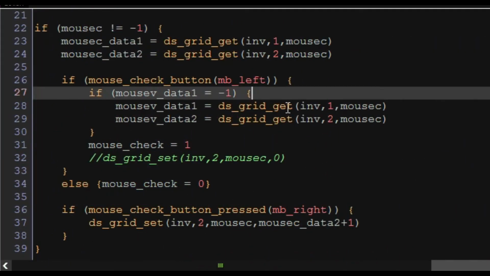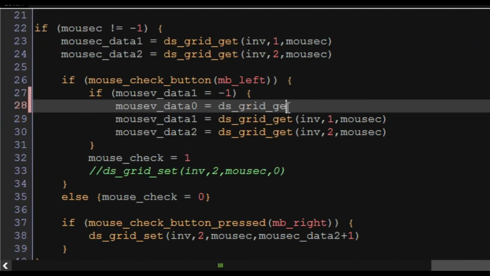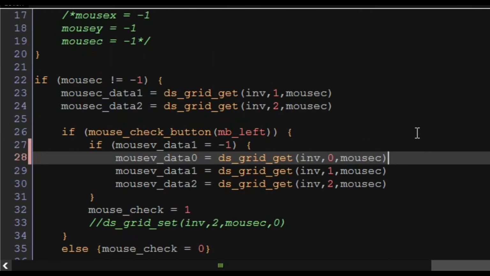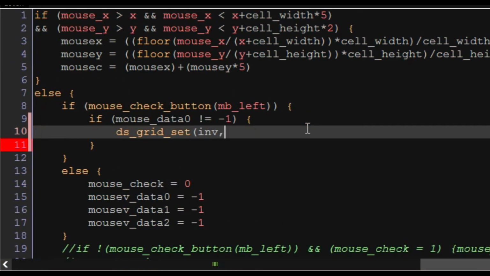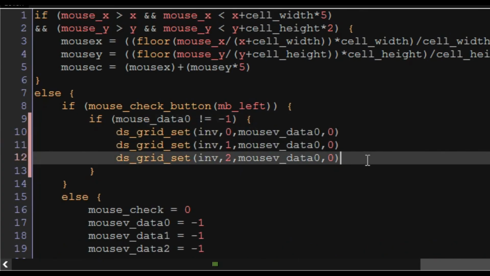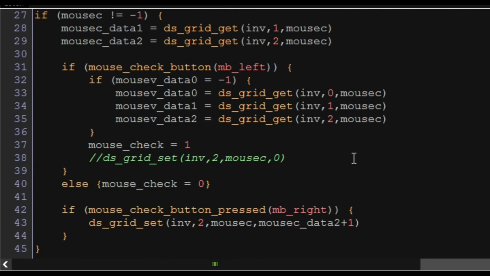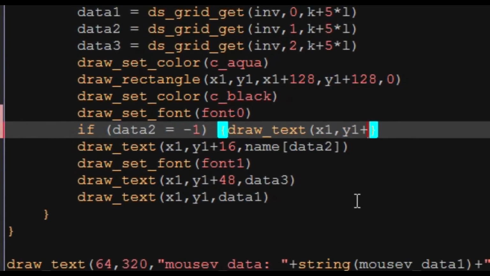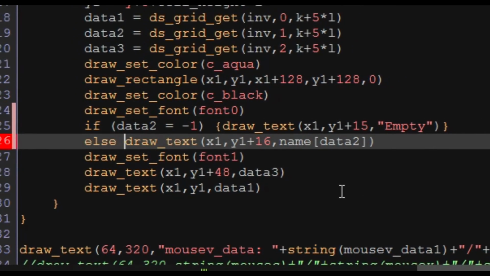Now, heading back to the outside the cell portion of our code, I set up a simple data check. I decided to just check for one piece of data because at no point should only one piece of our data grid be recorded at a time. So if the data exists and we are dragging said data, we need a visual feedback that it's quote-unquote no longer on the grid. So first I recorded the reference data for the target cell, then I reset the cell's data to null. And to add extra visual feedback, I then drew the name and the item amount to the mouse position to complete the